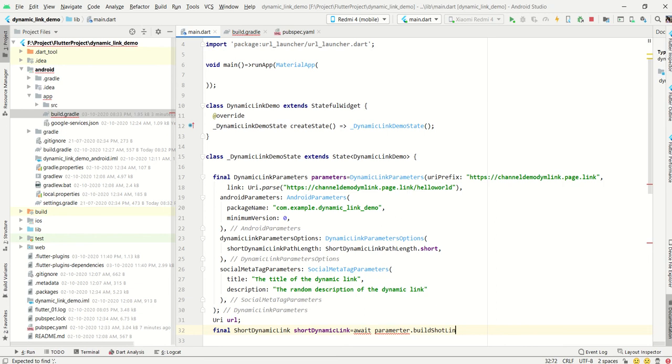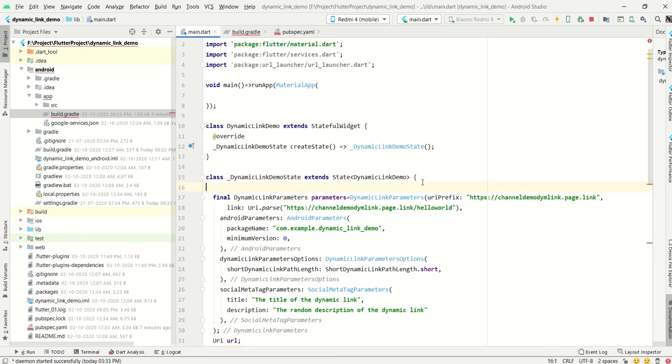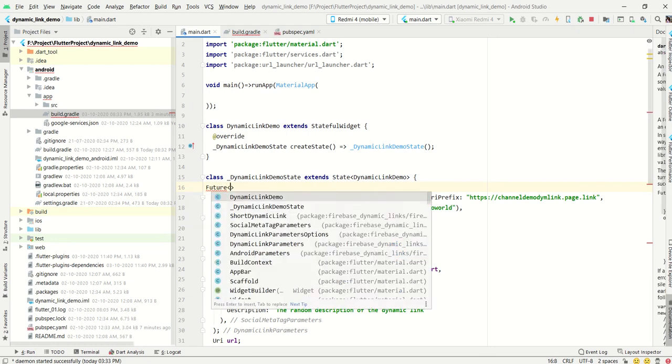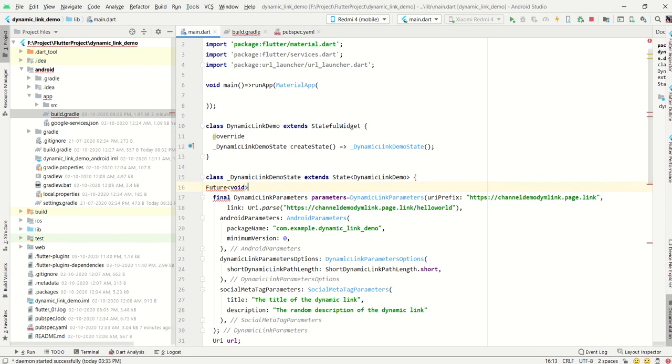As we are using the await keyword, we have to write a function before, or wrap all this code inside a Future method. So I just write void main, and then a method named createDynamicLink.